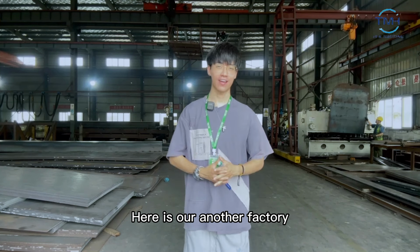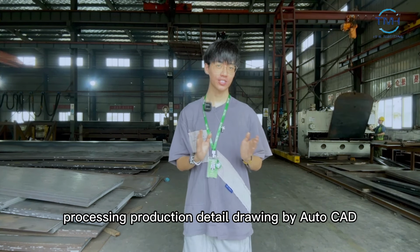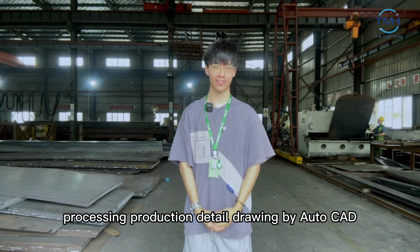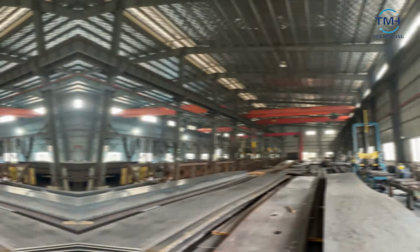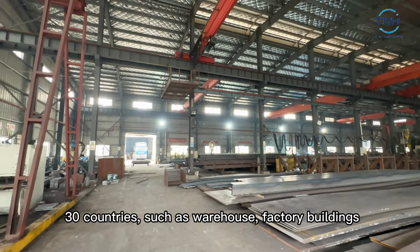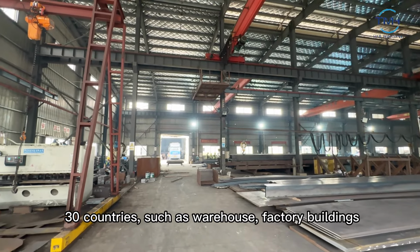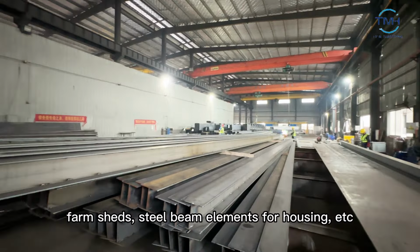Here is our other factory. We make the 3D and processing production detail drawings by AutoCAD. And in this part, I will show you the production procedure. We have undertaken numerous projects for more than 13 countries, such as warehouses, factory buildings, farm shacks, steel beam elements